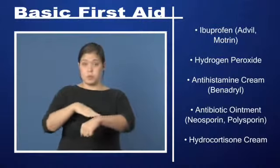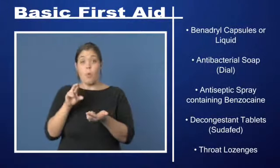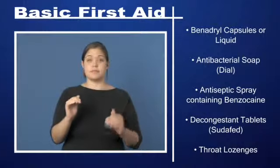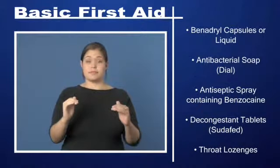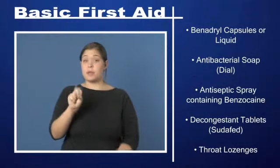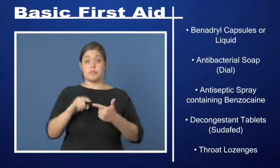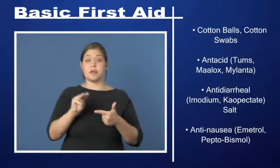hydrocortisone cream, Benadryl capsules or liquid, antibacterial soap, Dial, antiseptic spray containing benzocaine, decongestant tablets, Sudafed, throat lozenges, cotton balls, cotton swabs, antacid, Tums, Maalox, Mylanta,